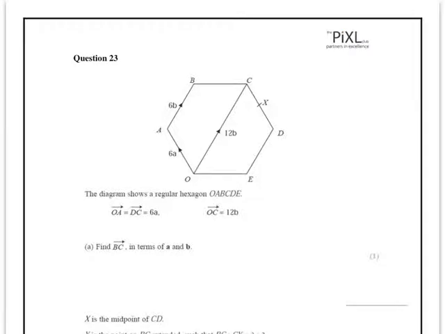Okay, so a question about vectors. The first part of this question is asking us to state BC in terms of a and b. Well, BC is this bit here. Okay, so how can we go from there to there? Well, we can't use unknown routes, so we have to use the route that we do know. So we're going to go back down this route here. That's going to give us